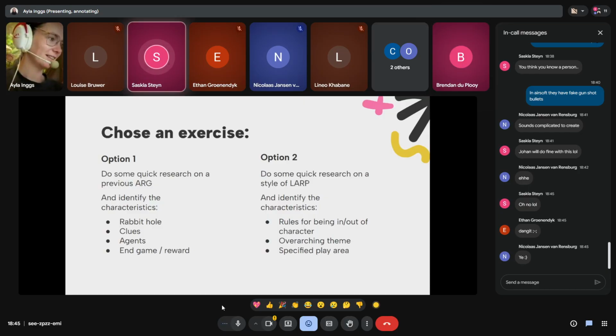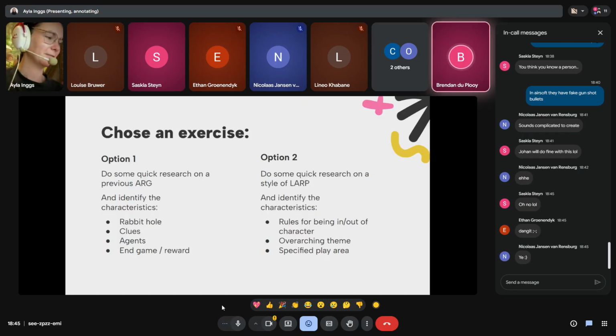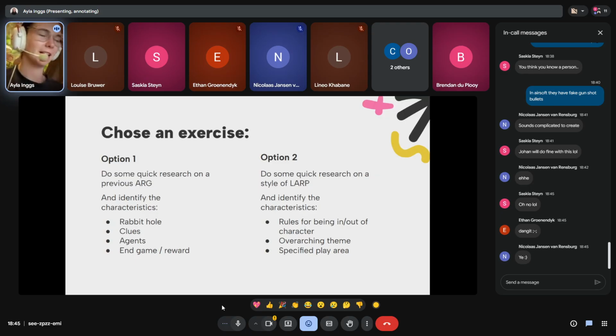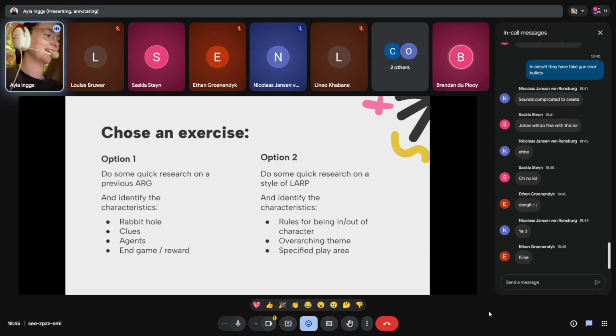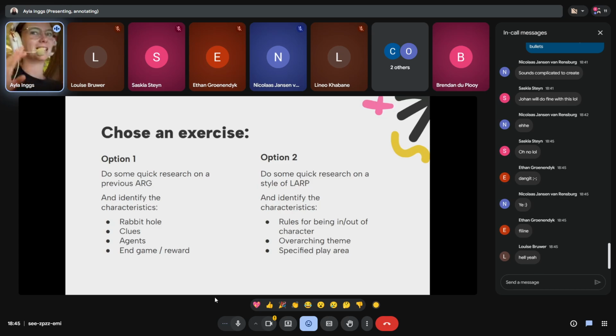I typed it before you started speaking because I guess both groups are going for LARPing. Since Brendan spoke first, he gets LARPing, and then the other group will do ARG. I did say the first person to say. So sorry, Ethan. They will get LARP, and the second group will get the ARG.